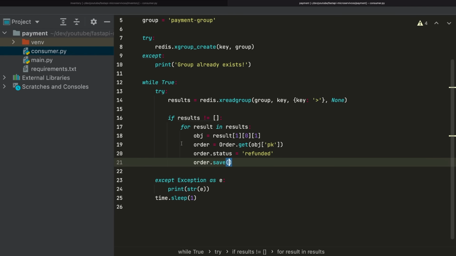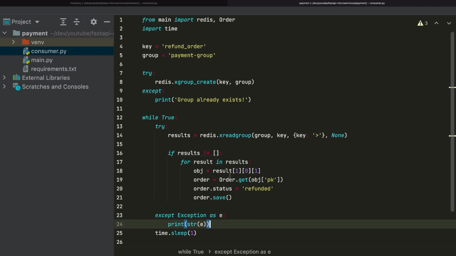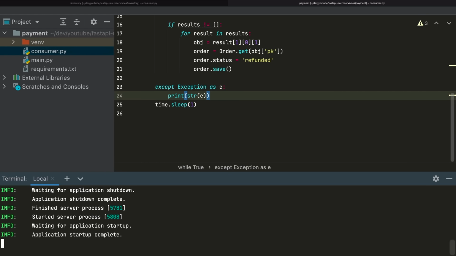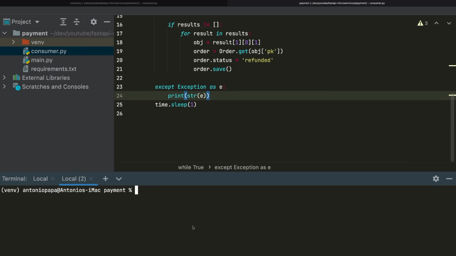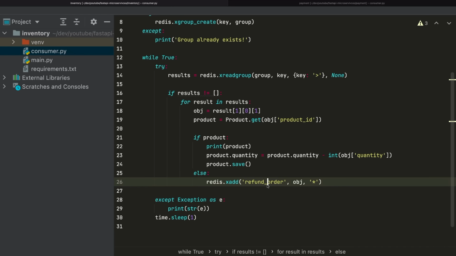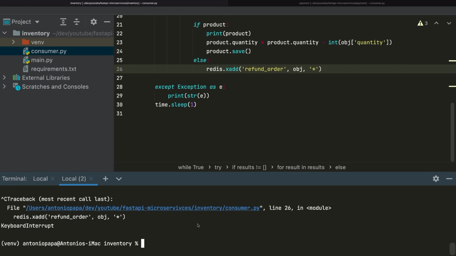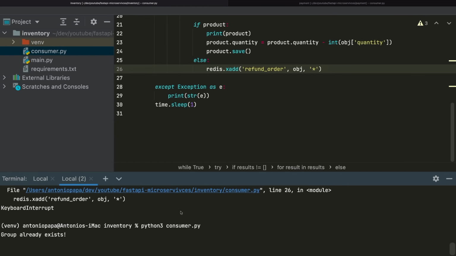And that should be it. So this microservice now needs to call the consumer, so python consumer.py. It is running. Let's do the same for this other microservice. Let's run the consumer here as well, and let's